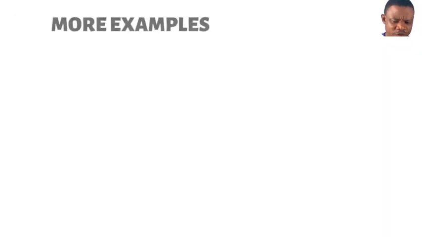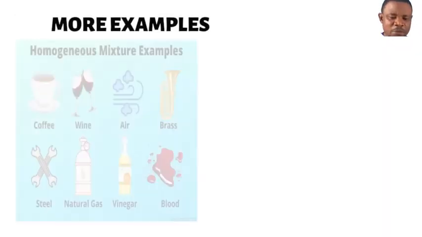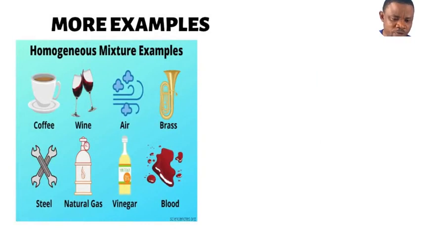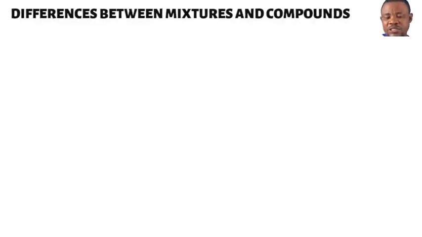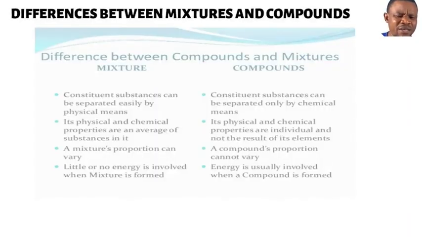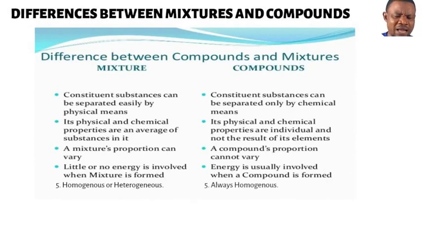See examples of homogeneous and heterogeneous mixtures there. Please take time and go through, right? And take it backwards. These are more examples of homogeneous mixtures. You see them there: coffee, wine, air, brass, steel, natural gas, blood. These are examples of heterogeneous mixtures on the other side. Okay, differences between mixtures and compounds. Take your time out. You can pause this and go through them. The constituents can be separated by a physical method from a mixture because they are physically combined together, but that will not happen for